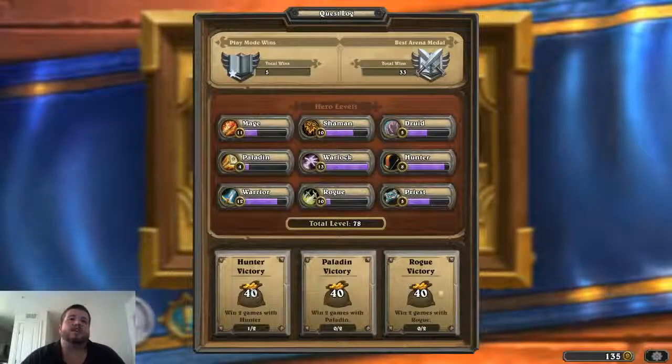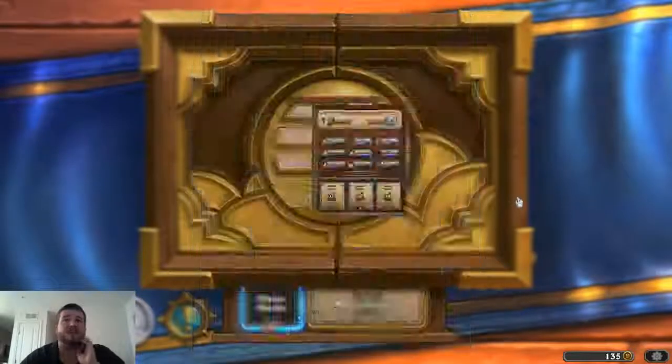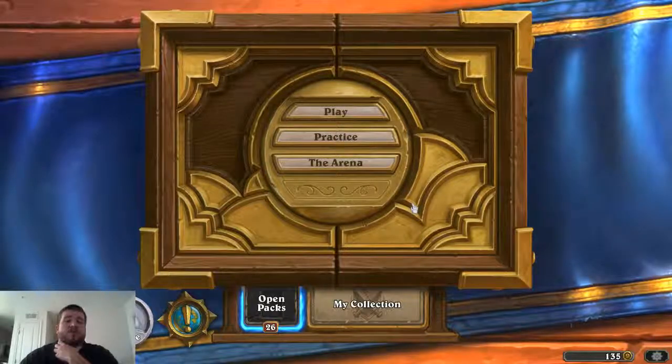Something I didn't show yet, we do have quests down here. So those of you who watched the stream yesterday, we played Hunter. We only went 1 and 3 in arena, but the quest didn't go away. So maybe what we'll do is we'll play 1 arena, and we'll try to pick one of these classes, and then hopefully that'll work out. Oh wow, 1 per match? That's even worse. I don't mind spending the $2 for arena, but I think most people